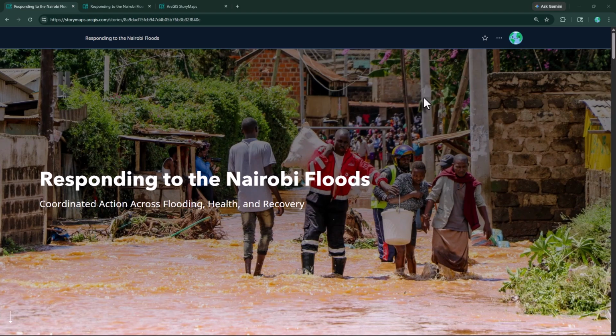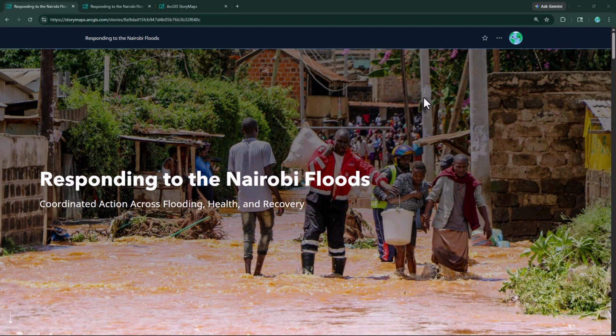In this demo, we're going to talk about ArcGIS StoryMaps and utilizing them after a disaster response, whether to share with stakeholders or with the general public. For example, the story map we're looking at here is from the Nairobi floods from March to May in 2024, which devastated their community. A big thanks to the Kenyan Red Cross for sharing their real photos and information from